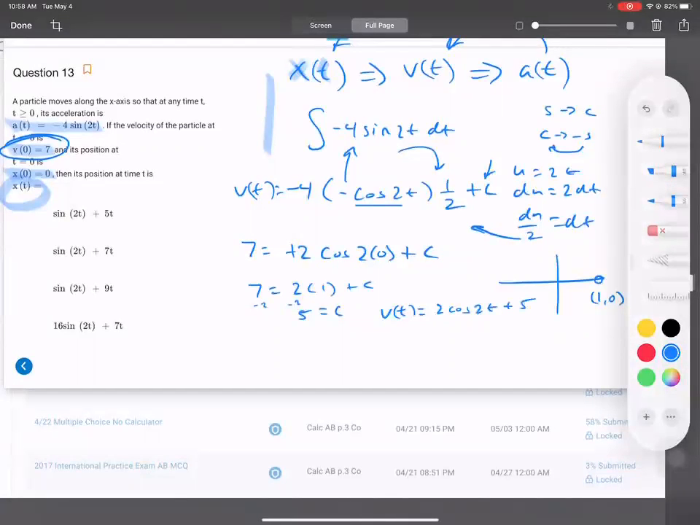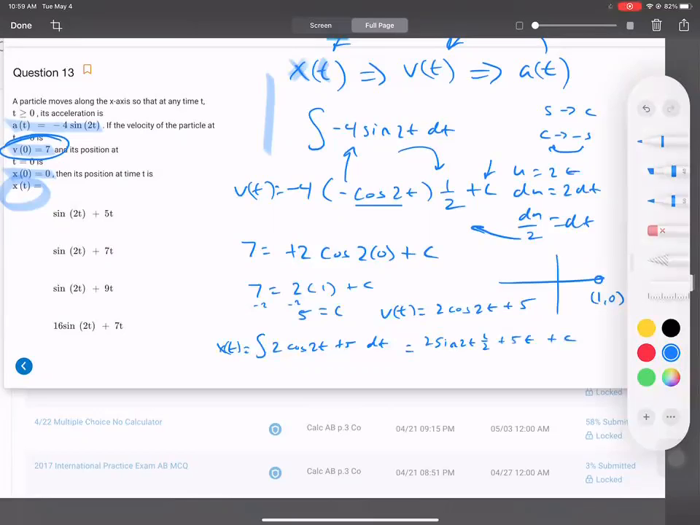That's my velocity at t equals 0. If I take the derivative of that, I'm going to end up with -4 sine 2t. Okay, good. Now, to take a step back from here, we take the integral of this guy again. So x of t is equal to the integral of 2 cosine of 2t plus 5 dt. This gives us the integral of cosine is sine of 2t over 2, with my chain rule, plus 5t